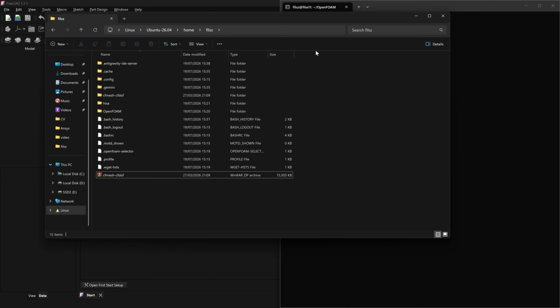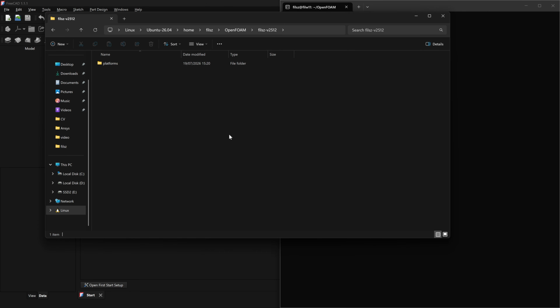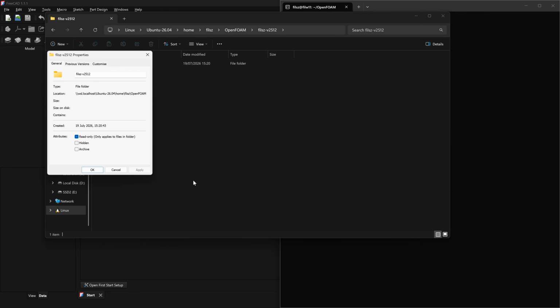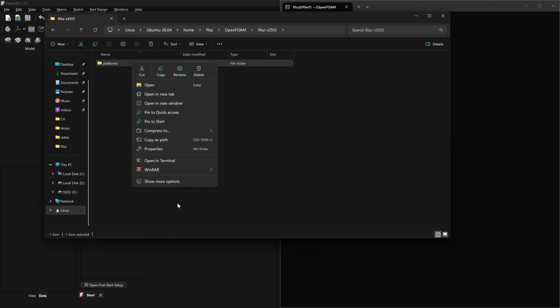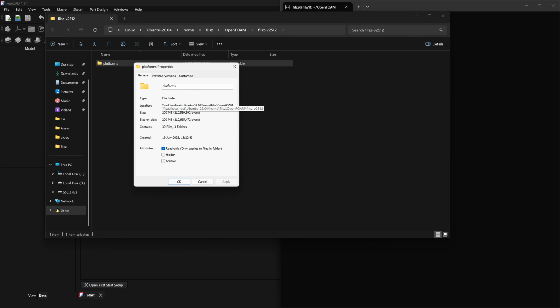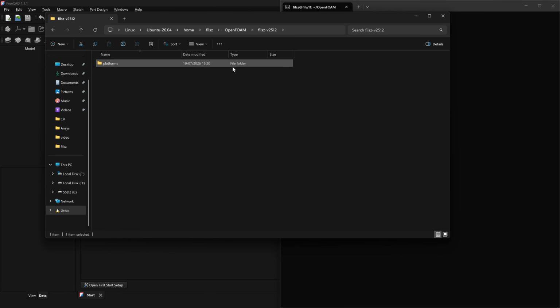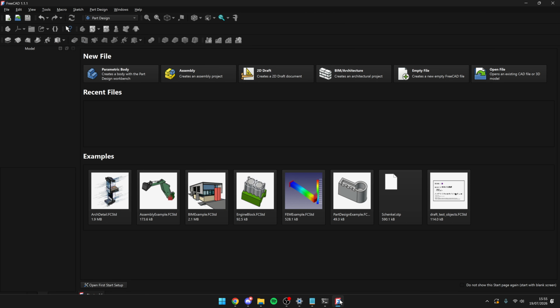So this is the same place. We're interested in this folder, so we click on this folder and then properties and then copy this whole thing. We copy it here, and we go into FreeCAD, edit, properties,